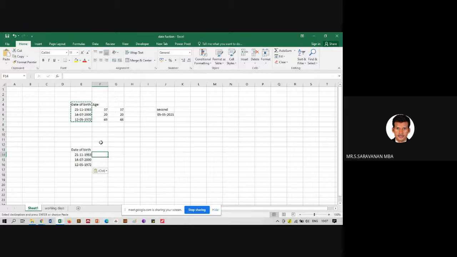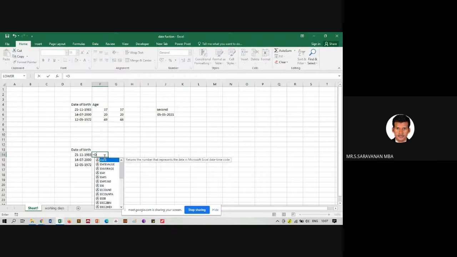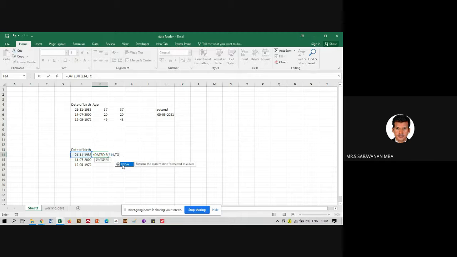Okay, so if you simply calculate it, the formula is equal to DATEDIF, open the bracket, click the date, then type TODAY, close the bracket, comma, Y. We want it in years, or if we want it in months also, we can go for months.